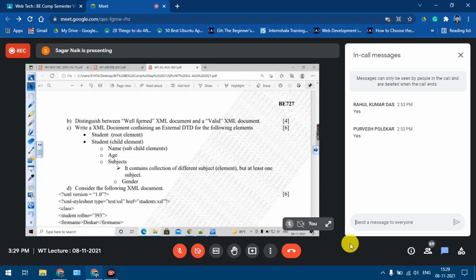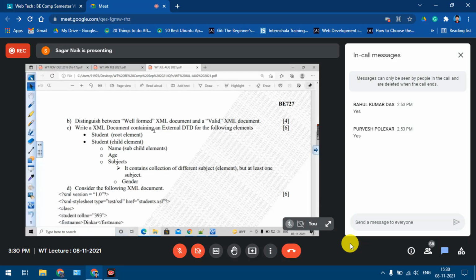Understood? So you have to first explain the definition. What is the meaning of well-formed? Well-formed means it is as per the syntax, all the rules. There has to be the XML prologue. The root element has to be there. All elements must be closed properly in proper order, proper nesting, case sensitive, yes or no. So if all these things are there, then we say that it is well formed. And the file is said to be valid if it is well formed as well as if it is as per the DTD.